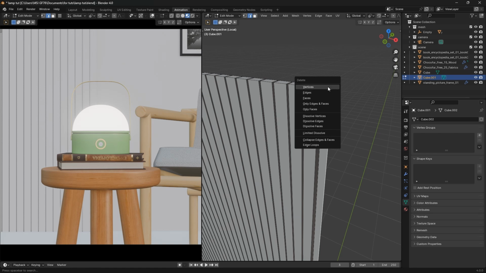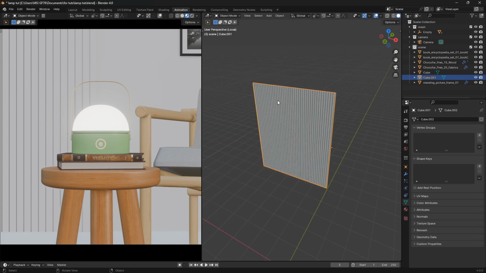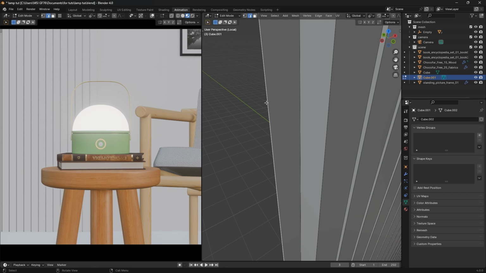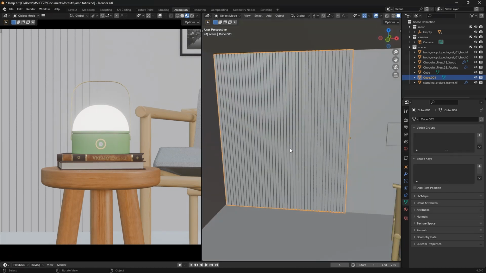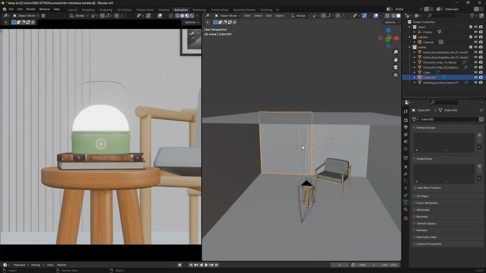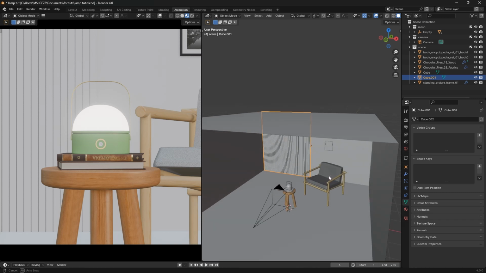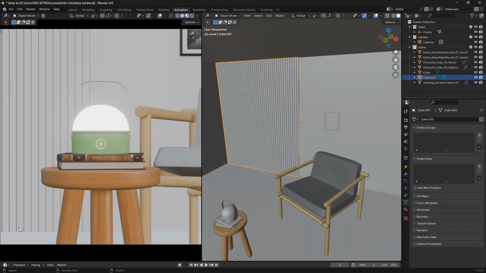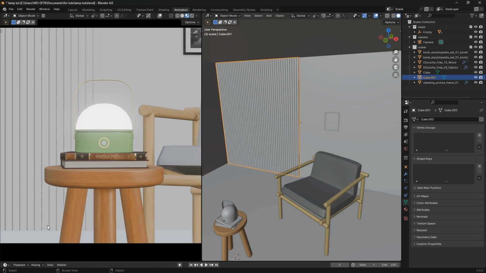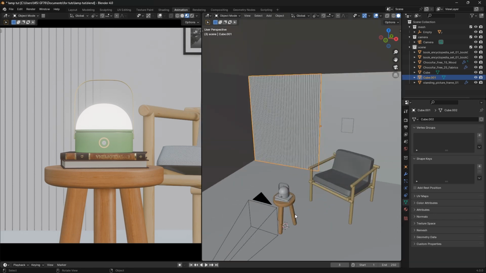Delete there. We don't need that. Also delete this, even though it's not going to be showing in the camera, and then go back to this point. So now we have our scene. I think we have one issue. I don't want the floor of the wall to show like this. So I'm going to move this closer to the camera,